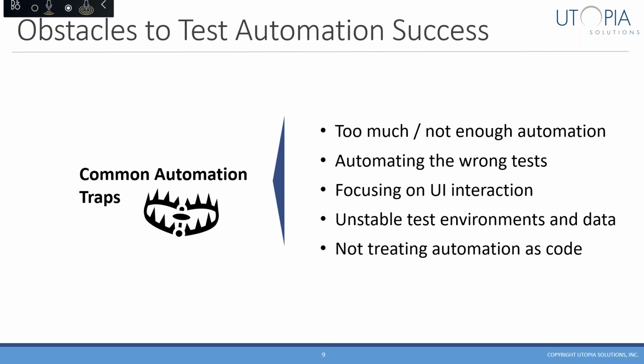And finally, not treating automation as code. Most of the automation work we do is code in one way or another. I'm not going to get into this deeply, but suffice to say that if we're going to rely on these automated tests, at least in part, to assess the quality of our product, we need to treat the code that those tests are built on with the same care that we give the app that we're testing. And I rarely see that. And again, I've been guilty of this in the past, and I think a lot of that is born out of a legacy approach where it was very tool focused versus process and approach focused.